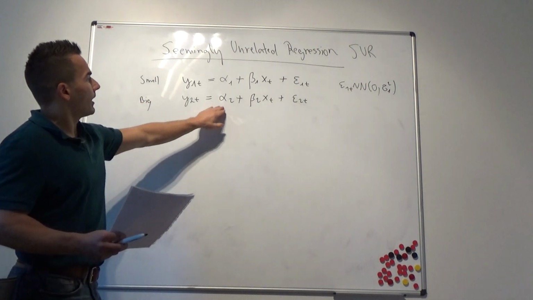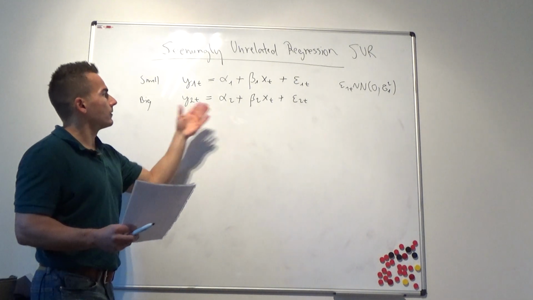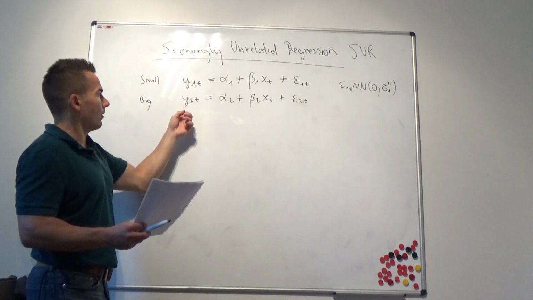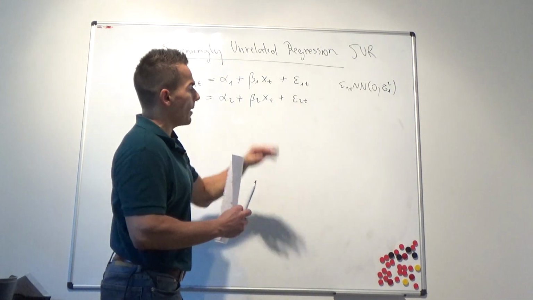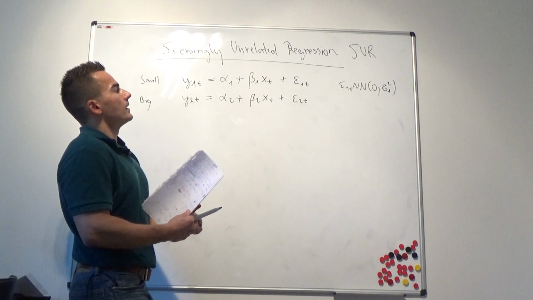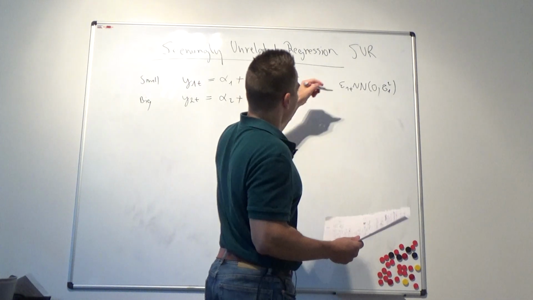Our alpha 2 measures the unexplained part of the return of the second asset, and our epsilon 2t is the unsystematic